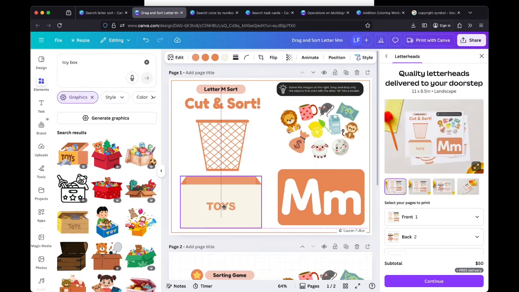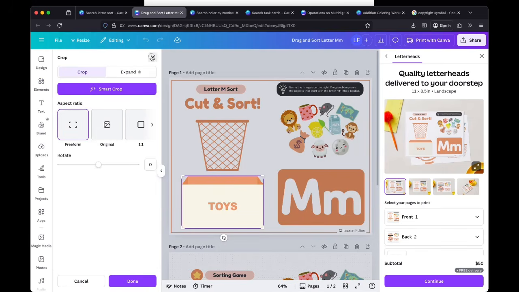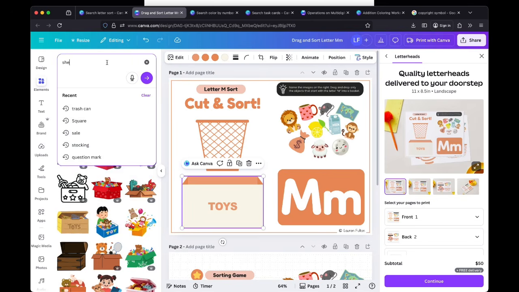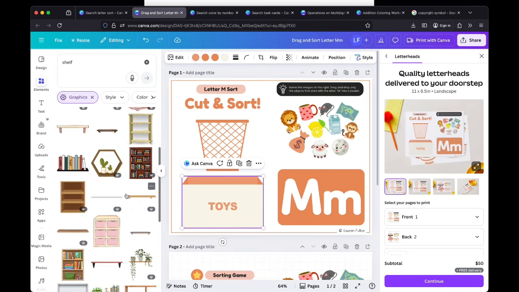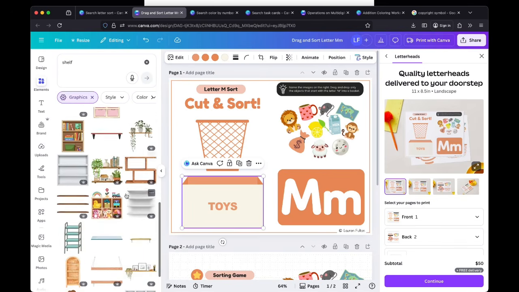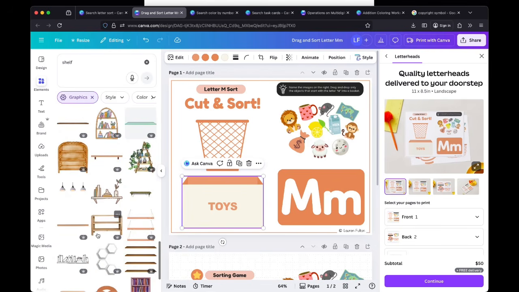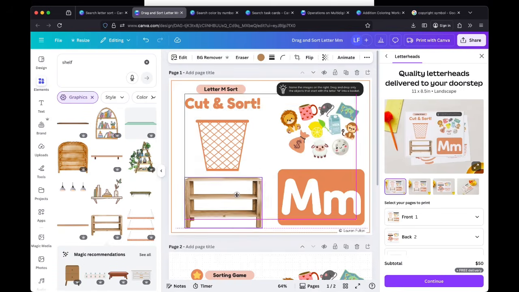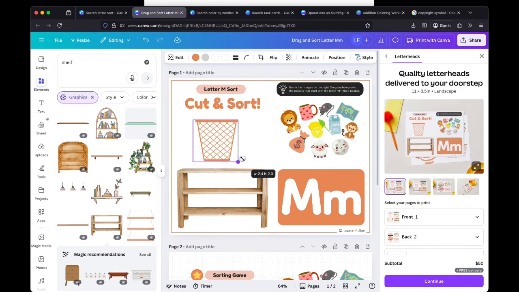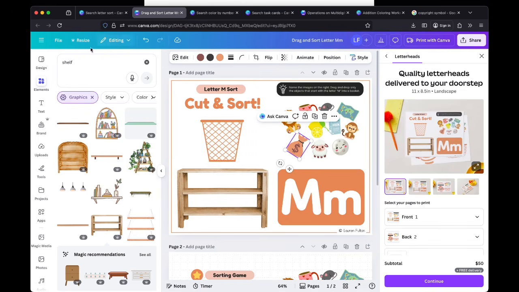Toy box. Oh, the only problem is they're not all toys. That's okay. I wish I could change this so that it says keep or shelf. That's a good idea. Let's do a little shelf and then a trash can. If I could do that to define something that would fit, maybe like this. Make this a little bit smaller. Okay, so now, and I would probably tinker with this just a little bit more,